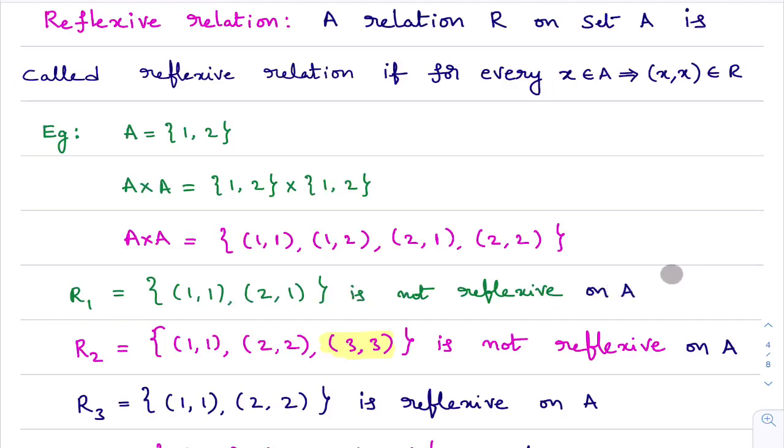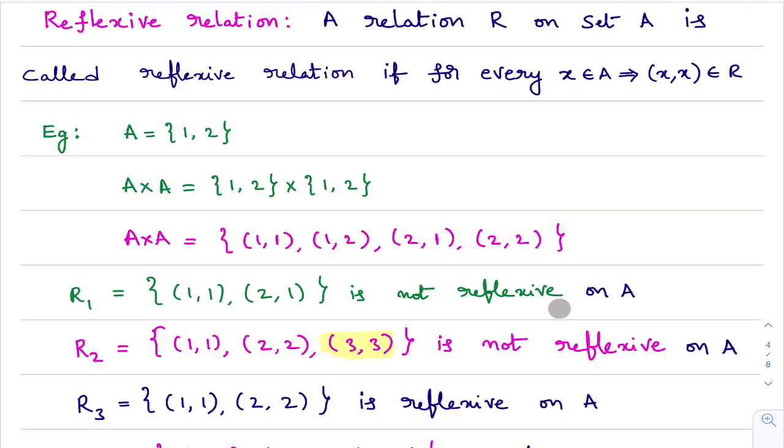See, I am giving a detailed explanation. You may get bored with this, but this much explanation is compulsory for this. Otherwise, later you will definitely get confused. See, is this relation a reflexive relation or not? It is not a reflexive relation. What is the reason? Because if I take 2 in set A, the ordered pair 2 comma 2 does not belong to this relation. That's why this is not a reflexive relation.